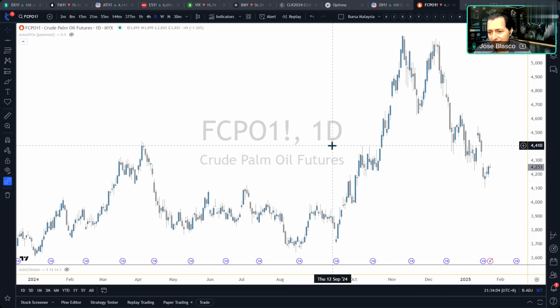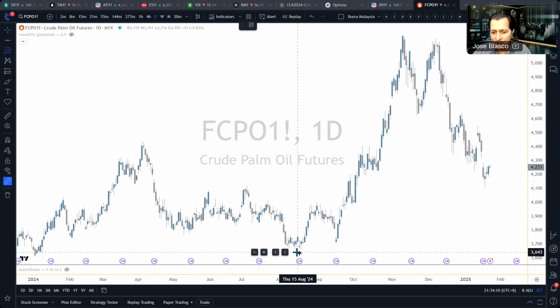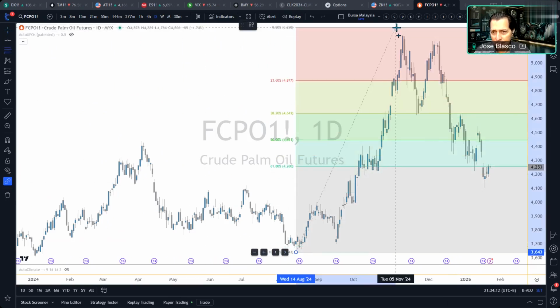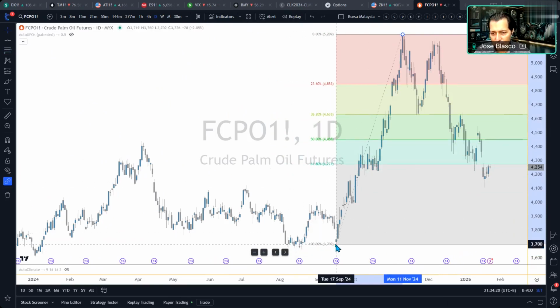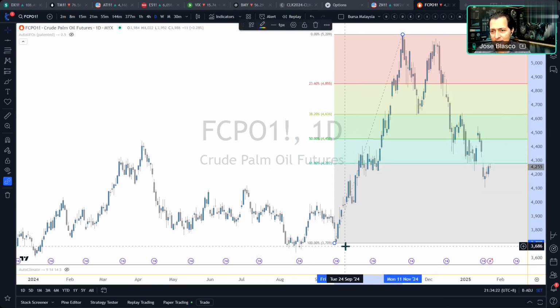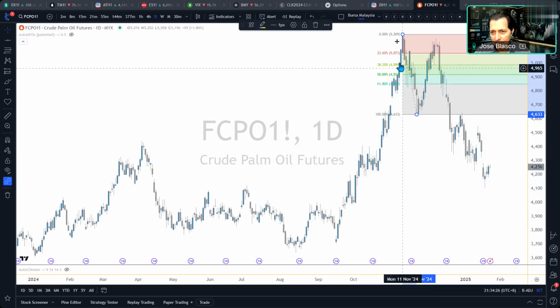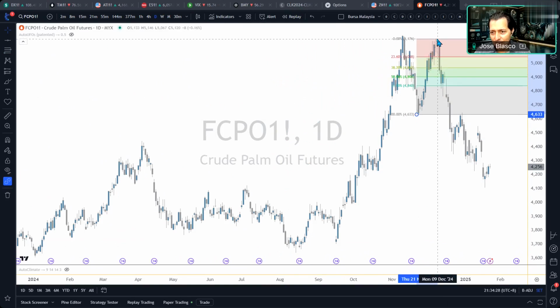Now, let's say instead of that, you are doing fibs. This is for the Fibonacci traders in the room. So let's say you go from here to here, and now you have these retracement lines. But some of you may say, wait a moment, instead of from here to here, I go from there to there. And some of you may say, I go from the last swing, from here to here. That's how I do it.